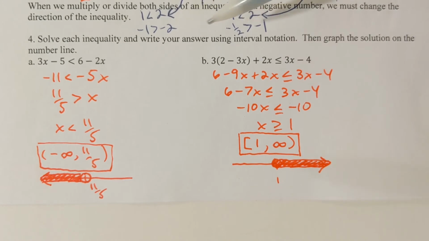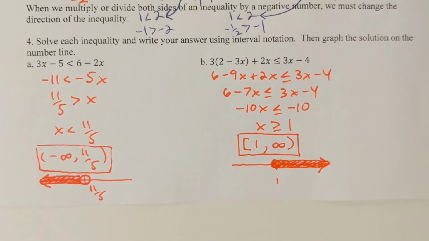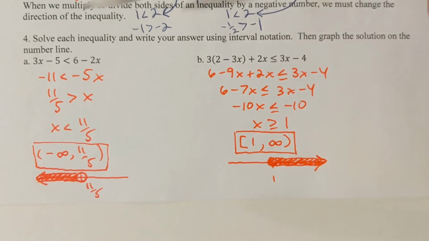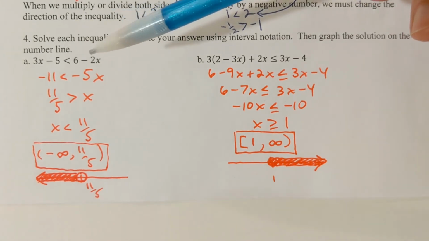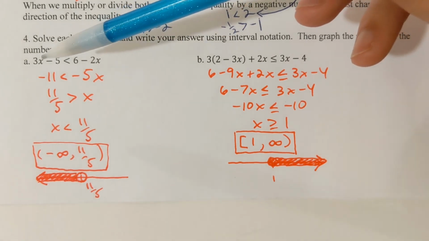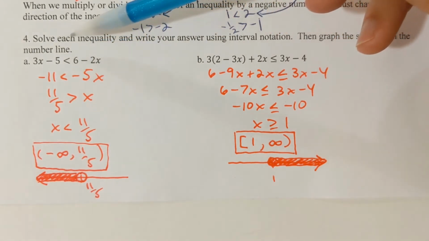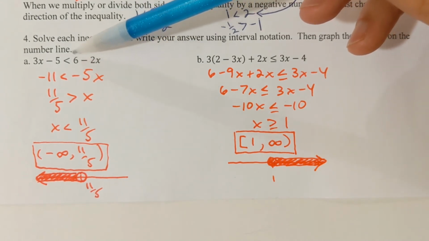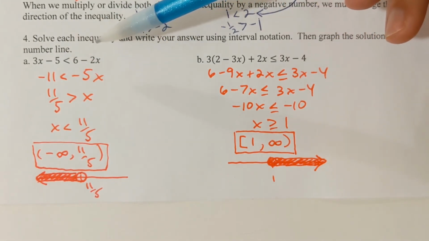We'll write each answer using interval notation, and then we'll also graph the solution on the number line. Part A, okay, so I want to solve 3x minus 5 less than 6 minus 2x. Well, if I subtract 3x from both sides and then subtract 6 from both sides,